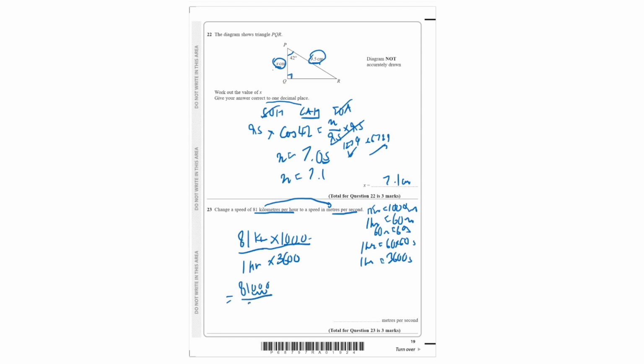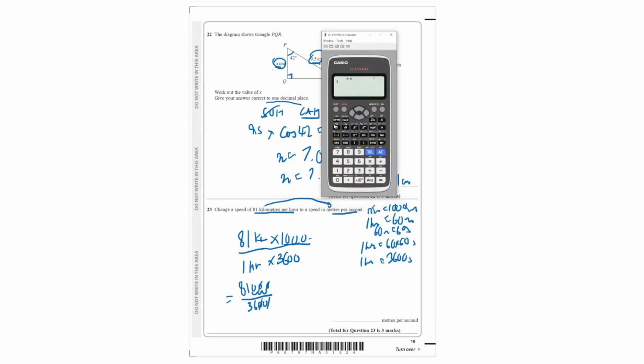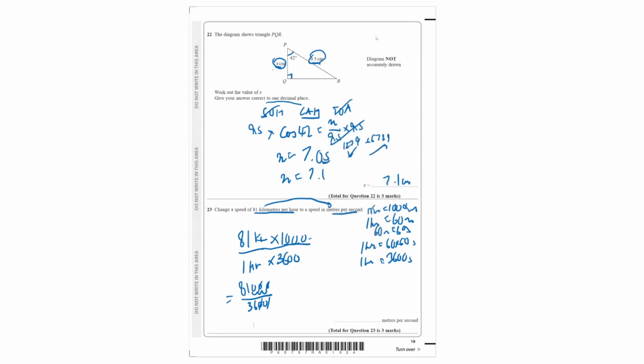So we simply have 3,600. These zeros cancel out. And we can use our calculator here to find our answer, which is 810 divided by 36. That gives us 22.5 meters per second. 22.5 meters per second. In 24, Beznaz makes 300 celebration cards so that the number of birthday cards to anniversary